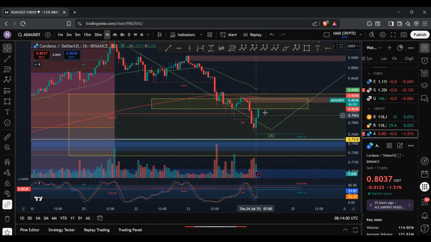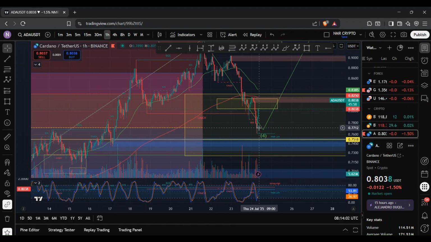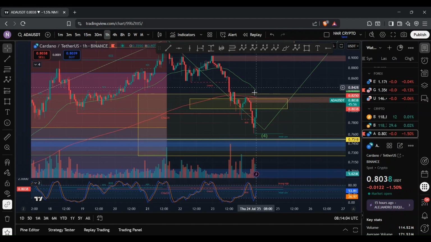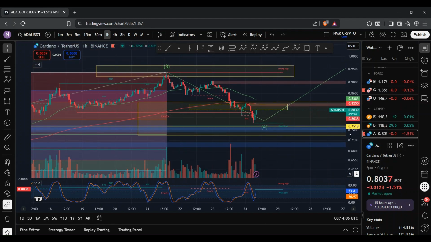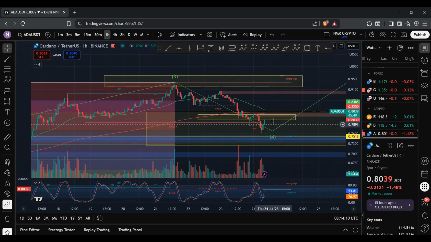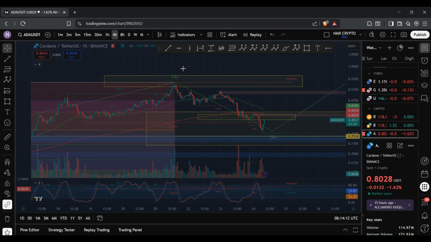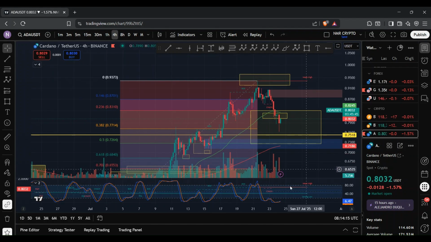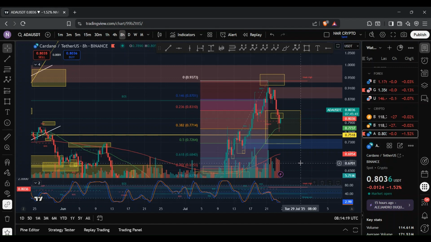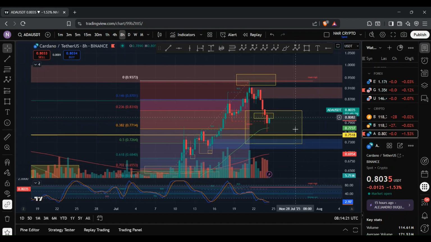We have responded positively as of late, and the next key level really will be the EMA levels. And you can see that on the other charts, the bulls currently have the momentum, and of course that's reflected on this price chart. And if I go on the 4-hour chart, what you can see is we are within oversold conditions, and on the 8-hour chart, we are within oversold conditions. And so, I'm looking for the bulls to regain control of the market.